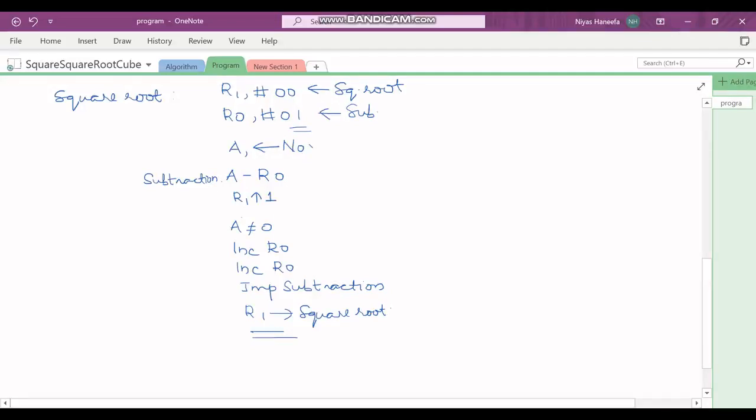So here our assumption is that the number whatever we have given is a perfect square. So the stopping condition corresponds to the value of A becoming equal to 0. Okay, it's not the count becoming 0. Here you have to compare and see whether A becomes equal to 0. So that is what the square root program is all about.